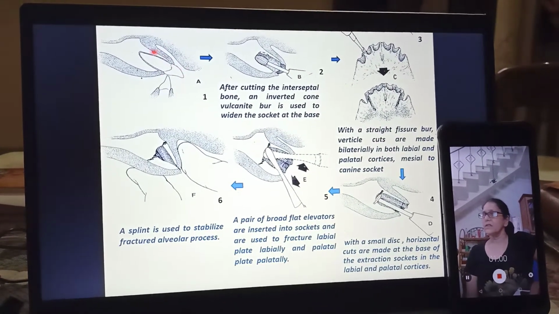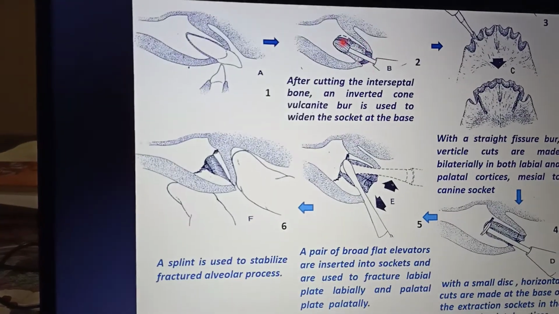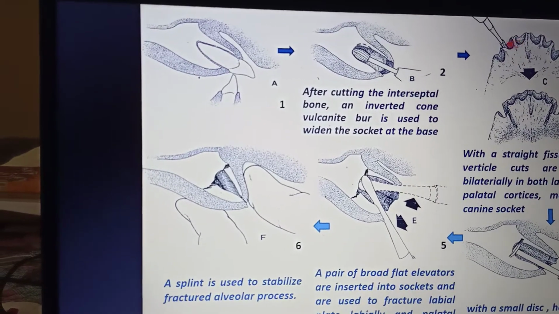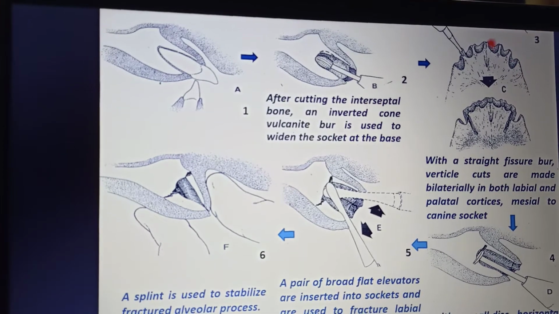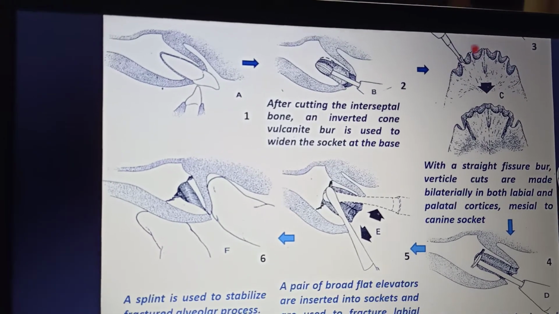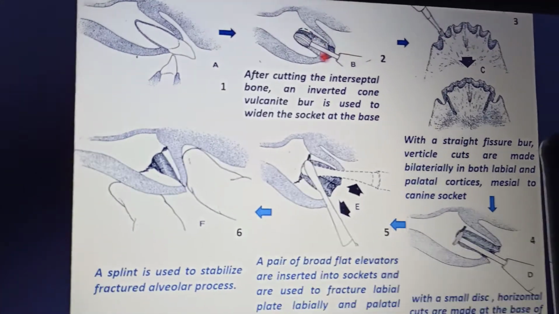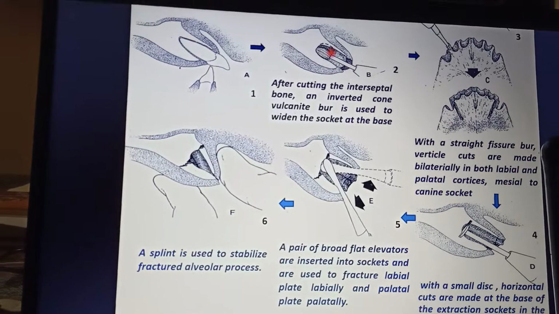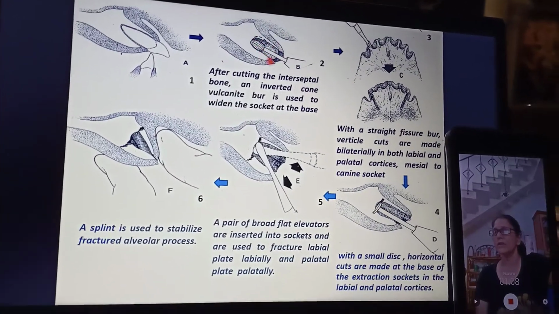So the first is the extraction part. The teeth are extracted, so you are looking at, say, central, lateral, canine on one side and central, lateral, canine on the other side. These are the empty sockets which are present. So once again, you will enter the socket. After cutting the interseptal bone, the inverted cone vulcanite burr is used to widen the socket here. They are widened,